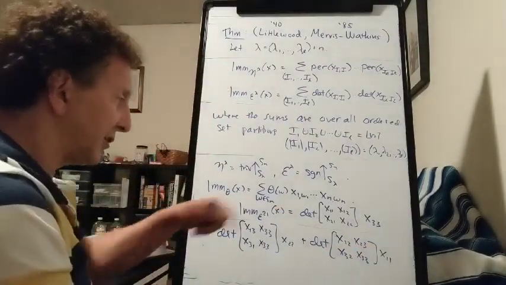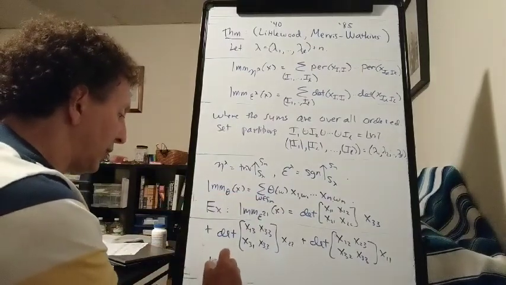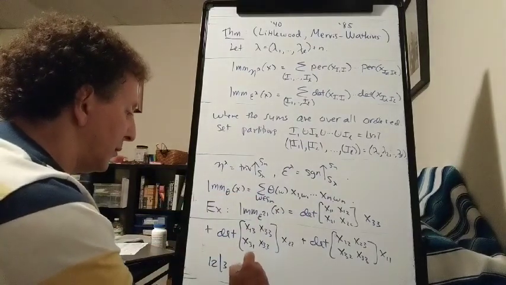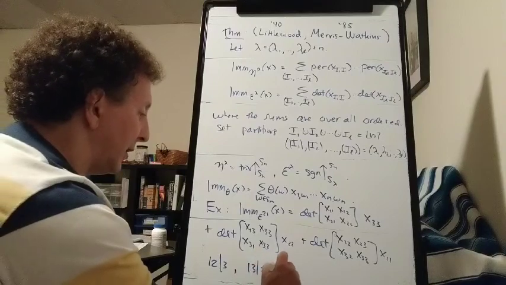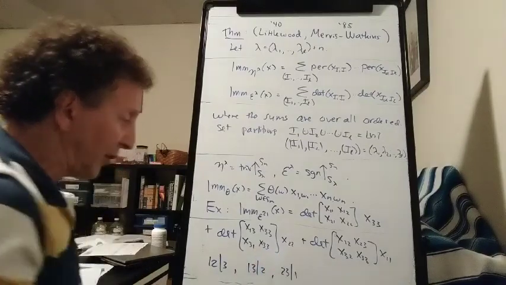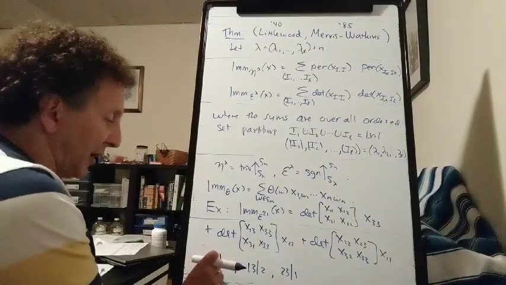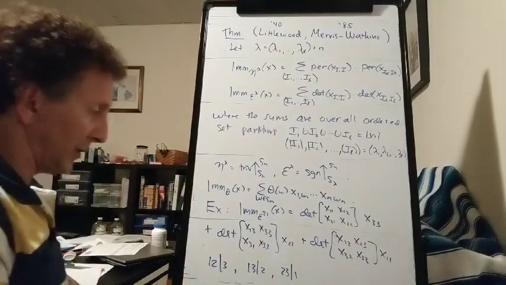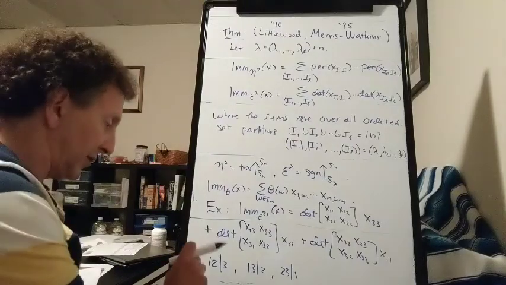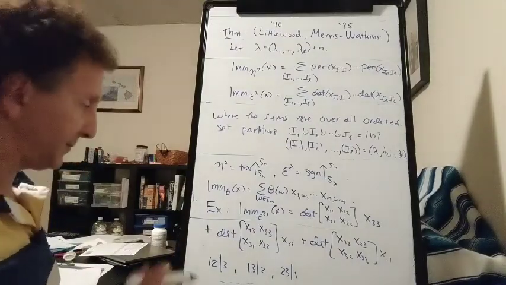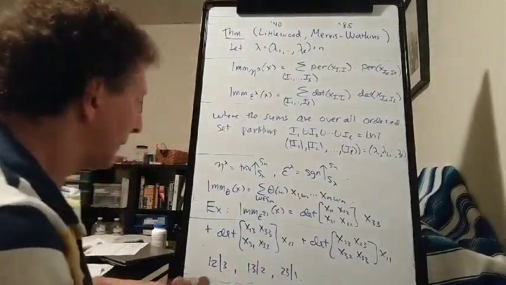So the ordered set partitions I'm using here are 1, 2, 3; 1, 3, 2; and 2, 3, 1. These are all the ordered set partitions of 1, 2, 3, where the first block has 2 letters and the second block has 1 letter. The blocks are disjoint and their union is 1, 2, 3. So if we multiply this out,